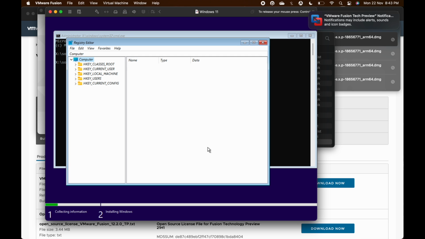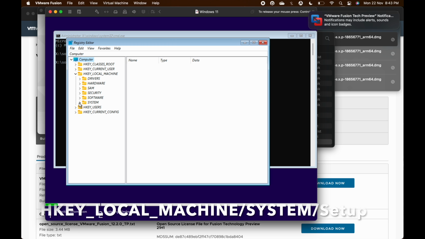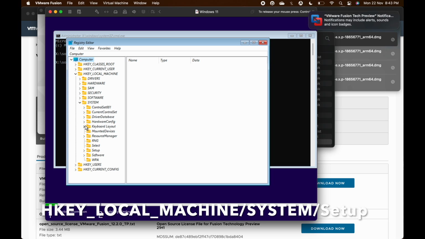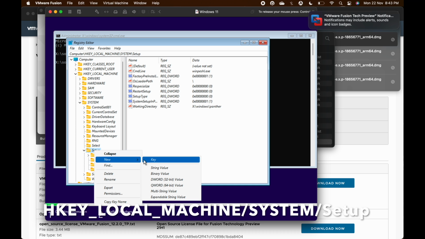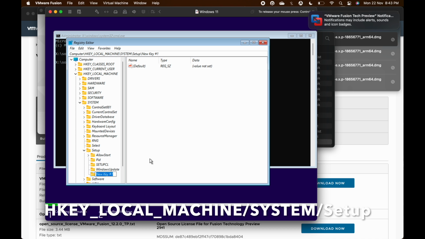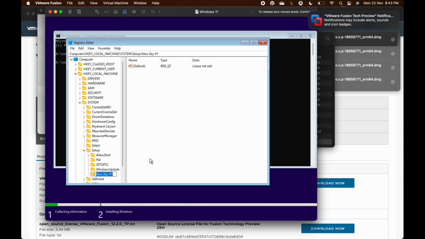You should type in regedit to open Registry Editor, and then you need to navigate to this path. So basically you need to navigate to HKEY_LOCAL_MACHINE, then inside that SYSTEM, then inside that Setup, create a new key inside Setup. So right click on Setup, then go to New and Key, name this new key LabConfig, and